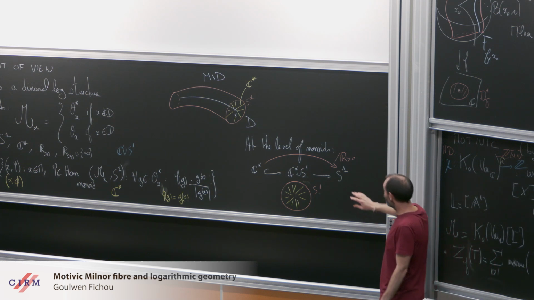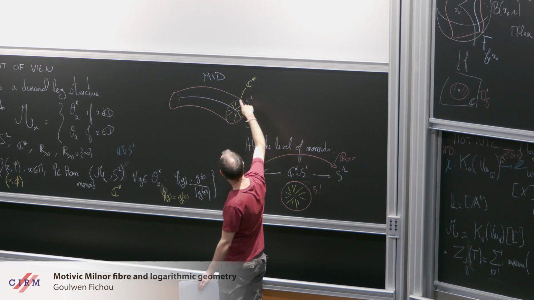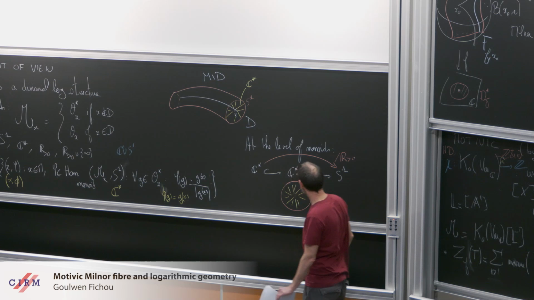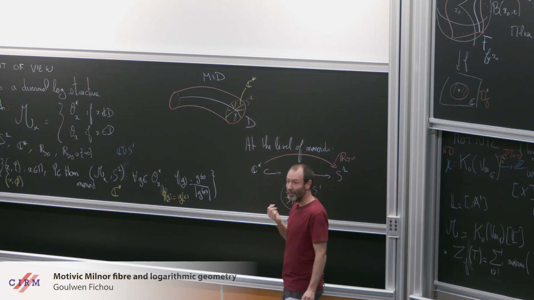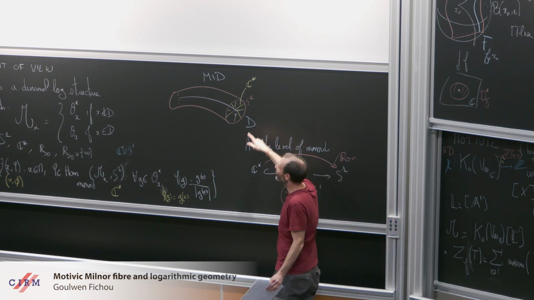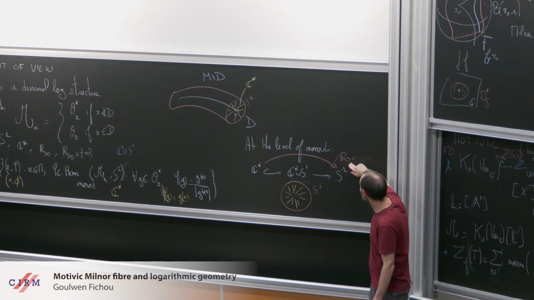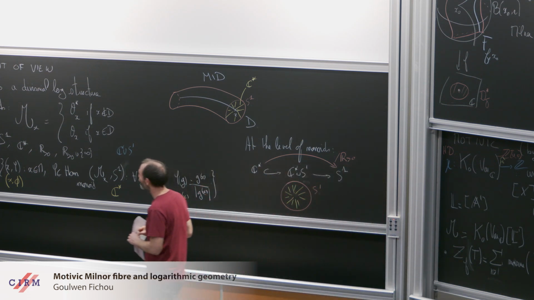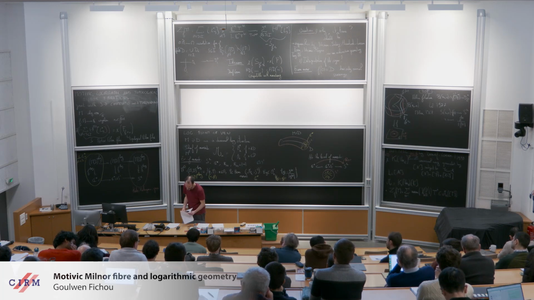And actually this division here, you can recover it on the drawing: you obtain the boundary here by dividing the interior of the boundary by this action. So that's the drawing when you have only one divisor, but when you have several components of your divisor, then you have a fiber product in all these constructions. And so you may have a division by bigger spaces than this one. So that's a quick explanation of